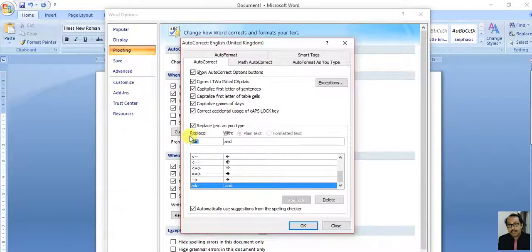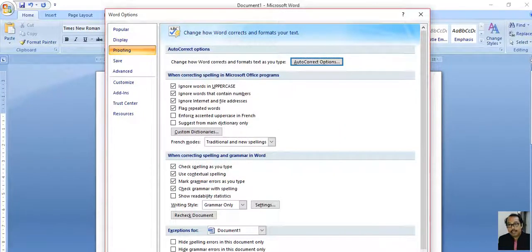Okay, next one is mathematics. This is the wrong spelling. It should be replaced with this one. Okay.